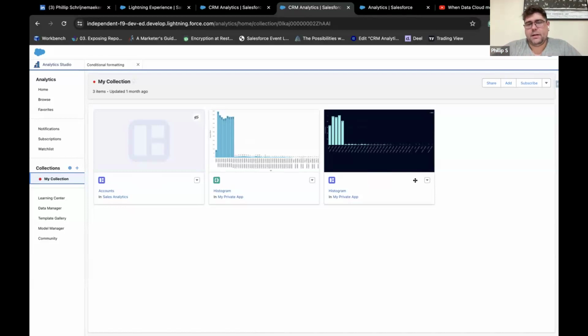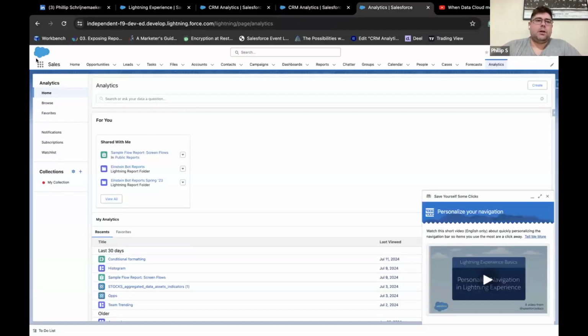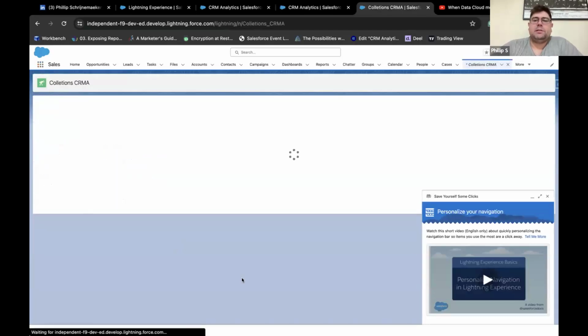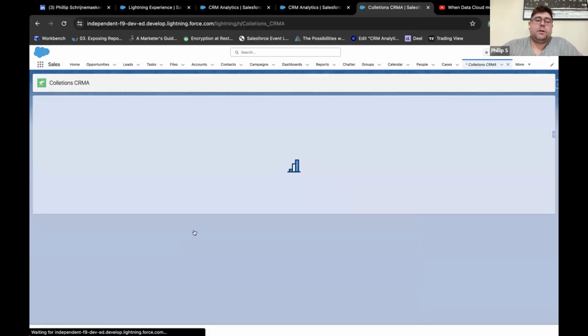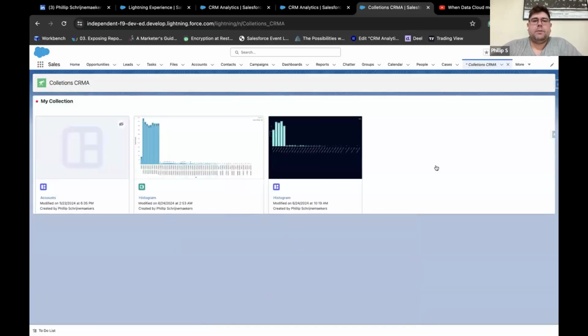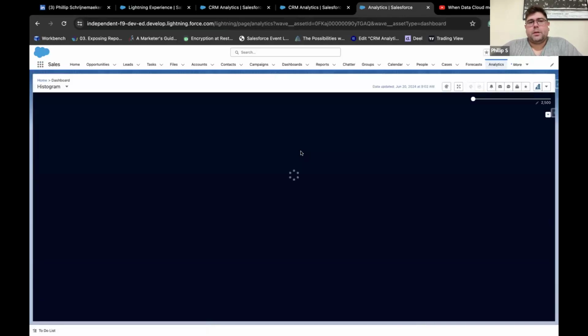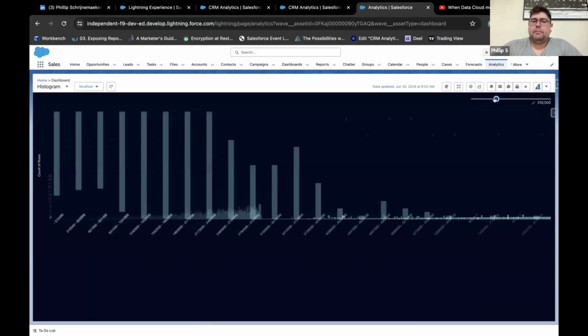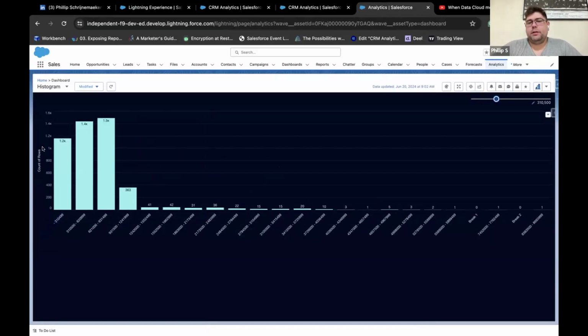Okay, and now you can embed your collections into your Lightning pages. Before you could only do this with CRM Analytics dashboards, but now you can embed collections within your Lightning record pages. This is the histogram dashboard that I created to group our data based on our values to see the distribution of your data, right? And I am accessing it via our collection in a Lightning record page. Pretty cool,